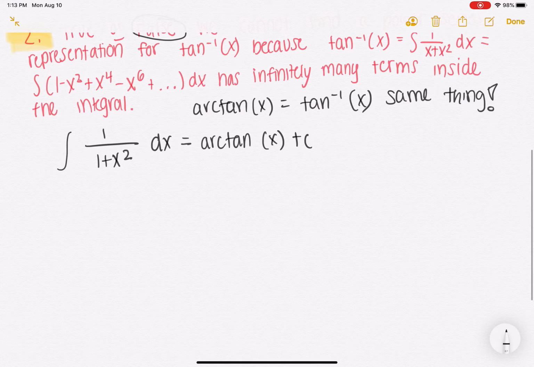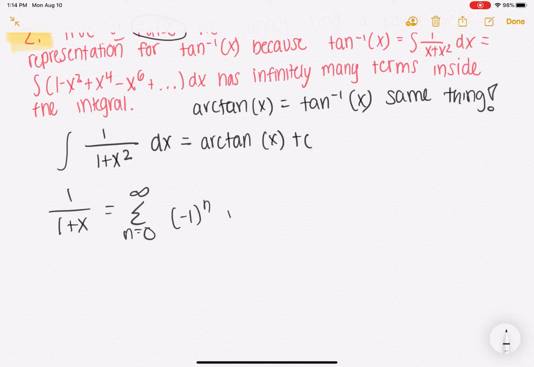So we look at 1 over 1 plus x is equal to the summation of n equals 0, negative 1 to the nth, x to the nth, so if we write all of this out, x squared to the nth, then we can write and continue down here